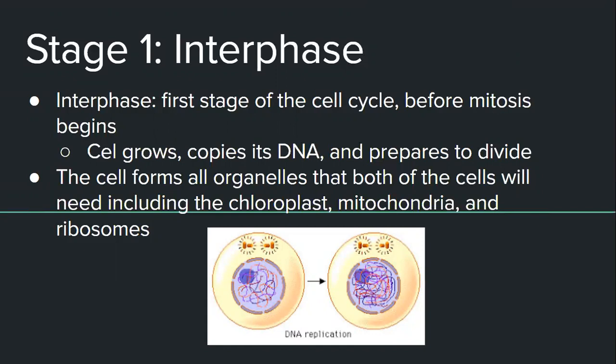Recall that chromatin in the nucleus holds all the genetic information that a cell needs to carry out its functions. That information is a complex chemical substance called deoxyribonucleic acid, also called DNA. In a process called replication, the cell makes a copy of the DNA in its nucleus before cell division. DNA replication results in the formation of thread-like structures called chromosomes. Each chromosome, inside the nucleus of the cell, contains two identical sets of DNA called chromatids. So the cell is going to be